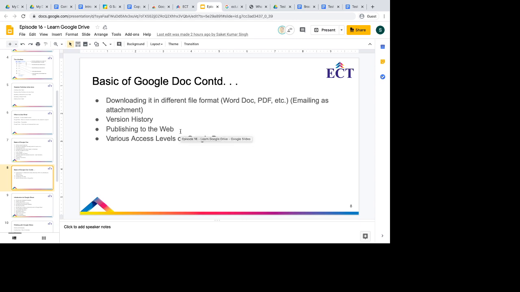Then publishing to the web. Why is this publishing required? So